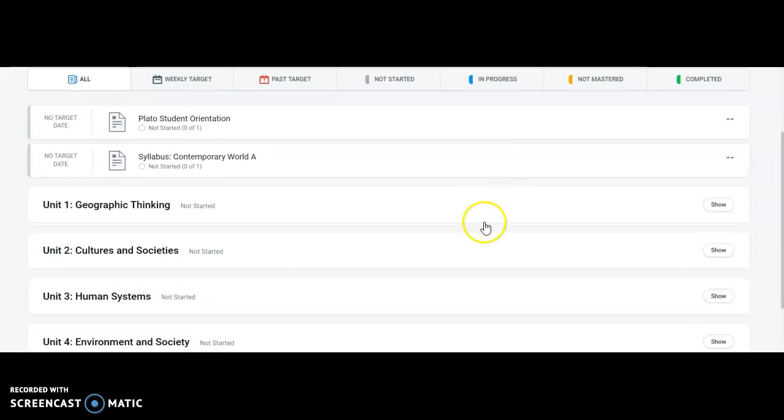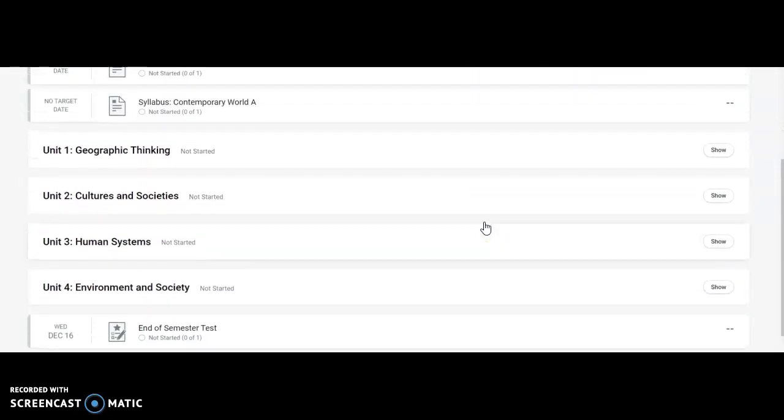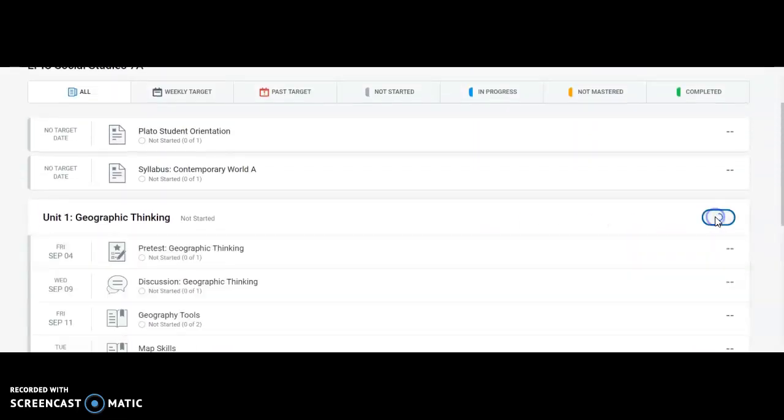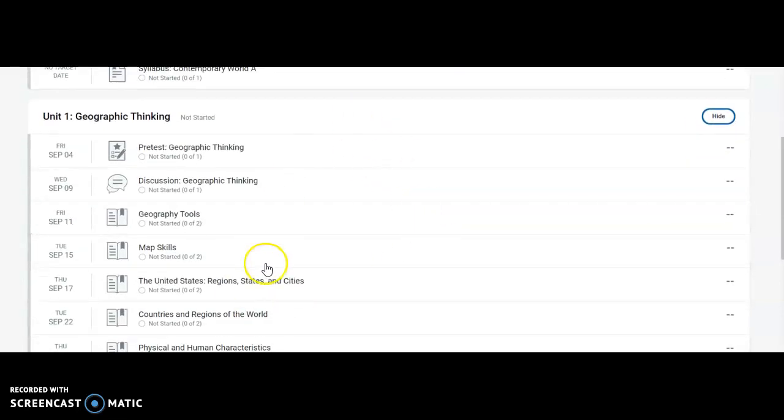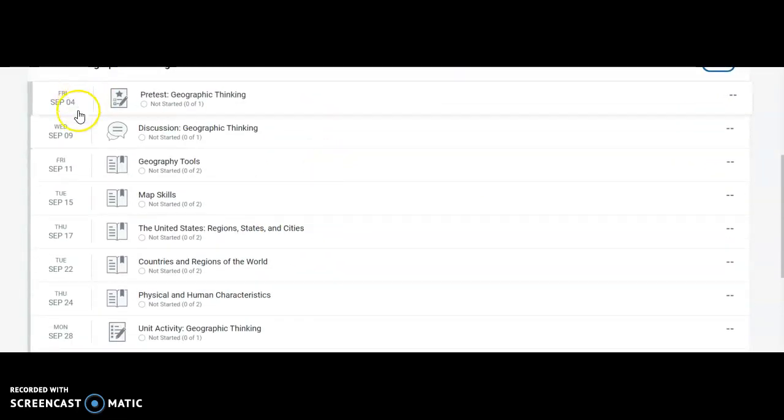And you can see that here are all of your different units for this class. And if you click on them, you can see all of your different assignments here, and you'll see that every single assignment has a due date. So that's how you know what to complete on what day. You'll notice that on your pacing guide,